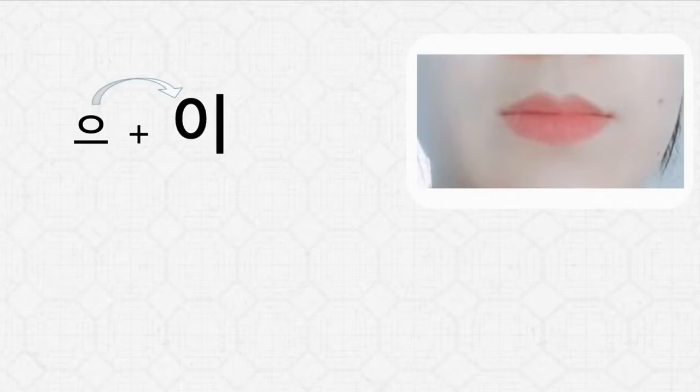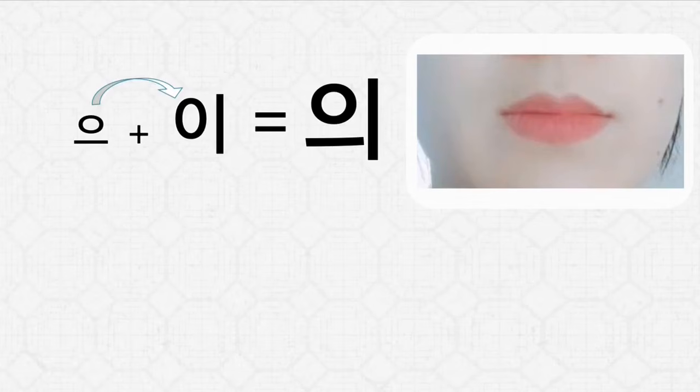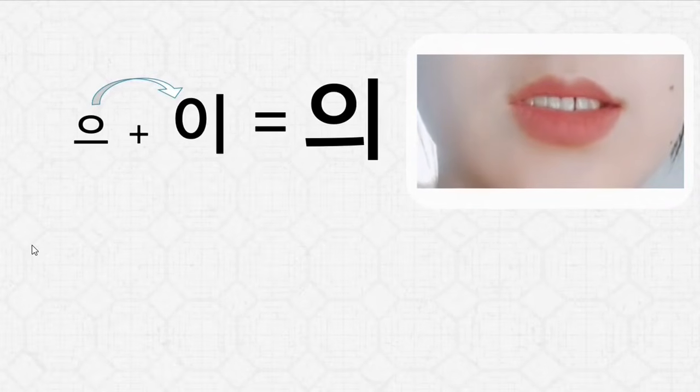Now, next vowel that we're going to learn is probably the hardest vowel you can learn in Korean. I'll show you why later. As for this vowel, make short and quick U sound followed by quick E sound, which will make 의. 의, 의. Reason why this vowel is hardest is because it makes different sounds depending on how you use